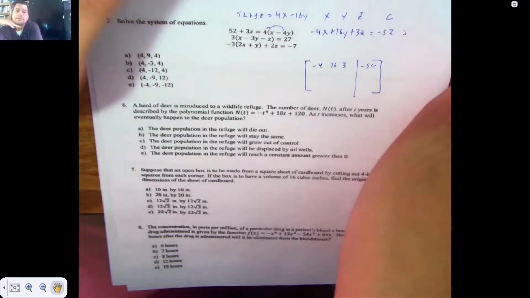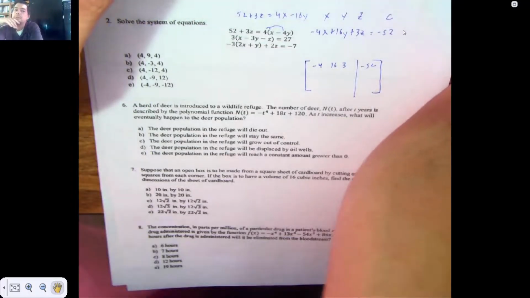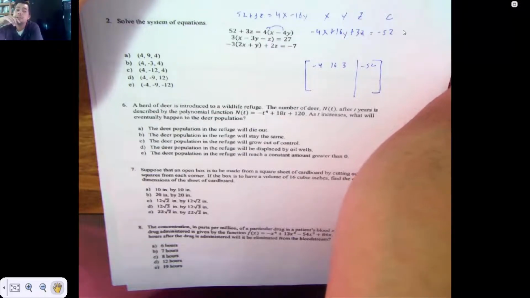A herd of deer is introduced into a wildlife refuge. The number of deer, n, as a function of time after t years is described by the polynomial function. N as a function of time is negative t to the fourth plus 18t plus 120. As t increases, what will eventually happen to the deer population? You could probably get through this with some common sense, but